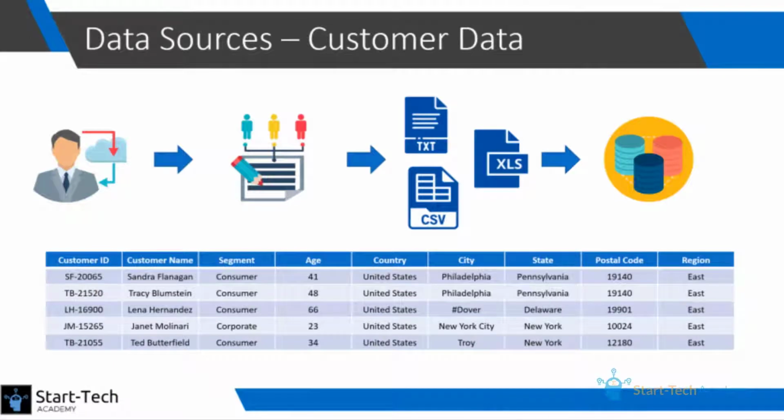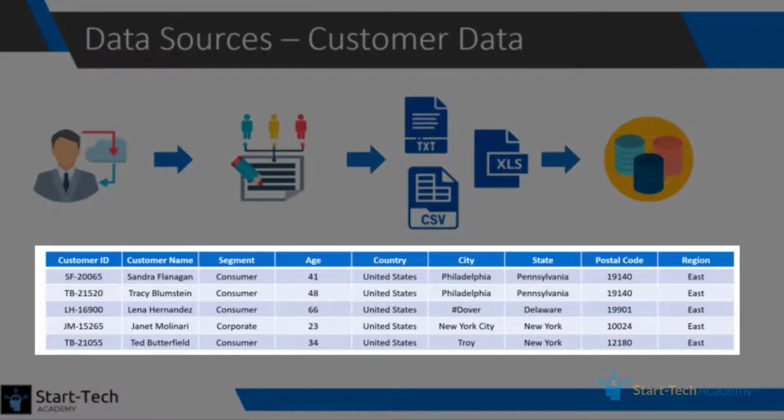When the customer is purchasing a product from the company for the first time, a customer profile is created and stored. Each customer is assigned a unique customer ID. This data of customers is maintained by the sales and marketing team of different regions in different formats. Let us look at this sample of customer data. You can see corresponding to each customer ID, we have a customer name, the segment to which customer belongs, customer's age, and then the address fields, that is country, city, state, postal code, and region.